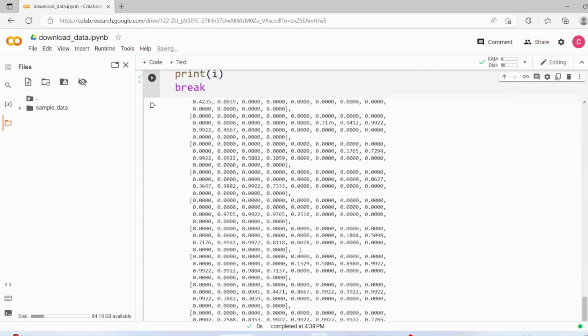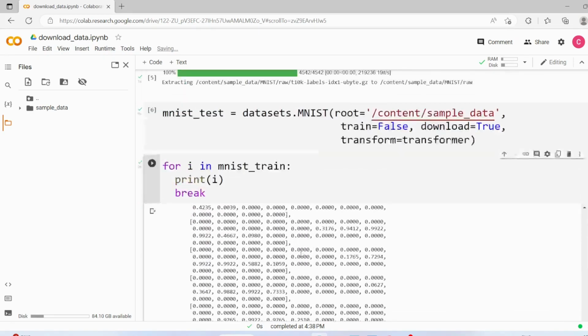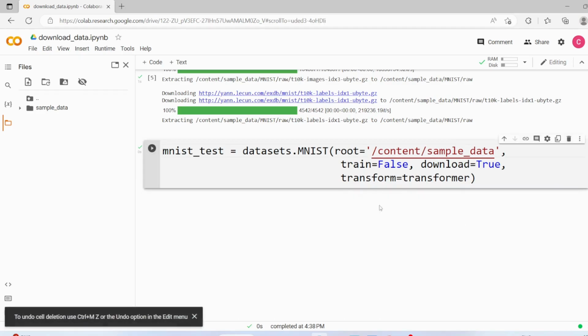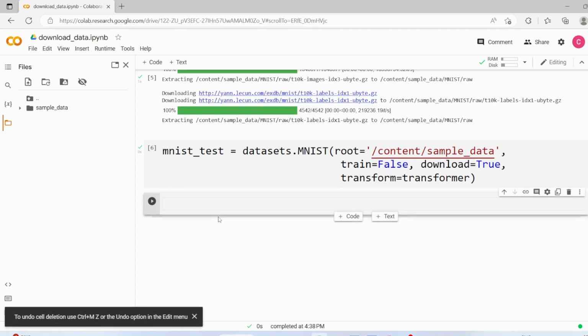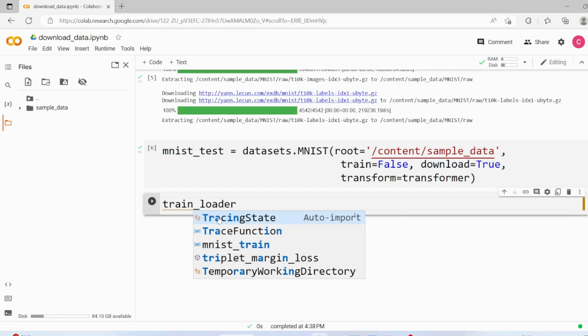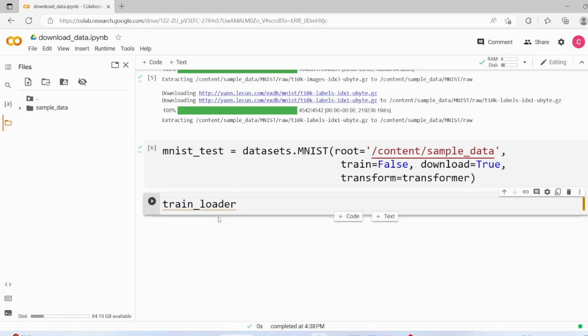Now what we'll do is, using DataLoader we are going to split this data into different batches. So let me delete this cell, and let's create one variable that will be train loader, and using DataLoader we'll pass the MNIST train data variable here. Along with that we need to define the batch size.